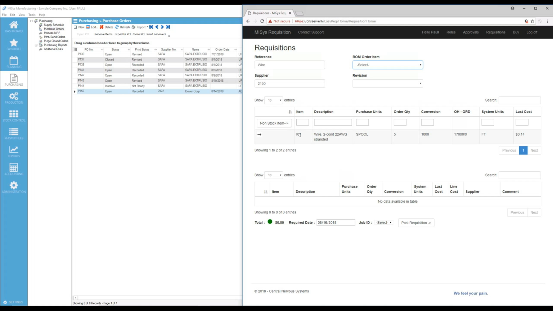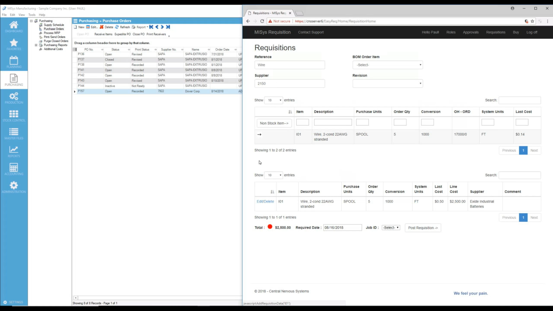Now what you'll see on the screen is that currently there's purchase units of spools for this item, an order quantity of 5, and the conversion is 1,000 feet per spool. And the last cost that we saw for the item was 14 cents. When we go and requisition this, it's actually going to look up information based on the qualified supplier as opposed to just the defaults that are in MISys. So when I click this button, it's going to add it to my list at the bottom down here, and you'll notice that what it's done is it's gone and it's checked,